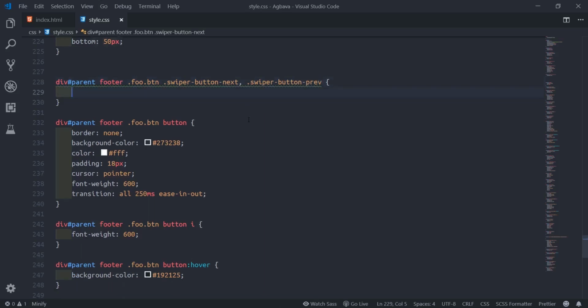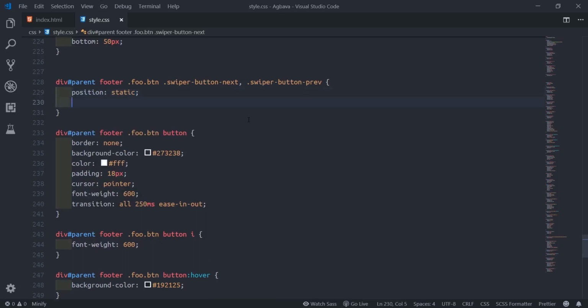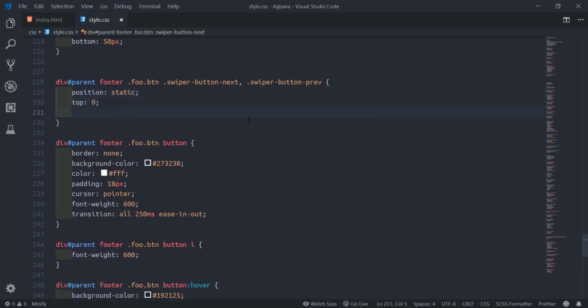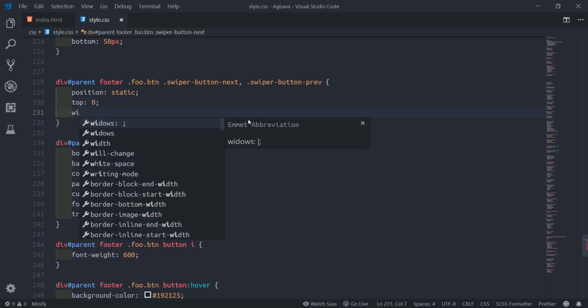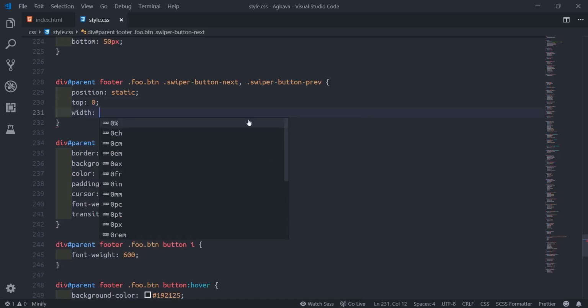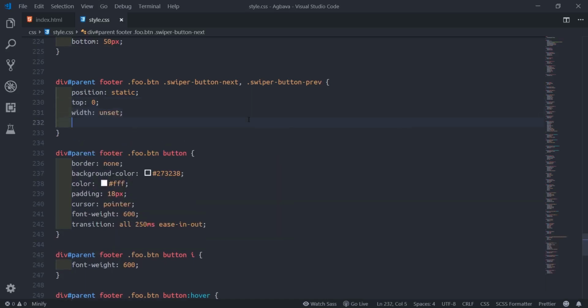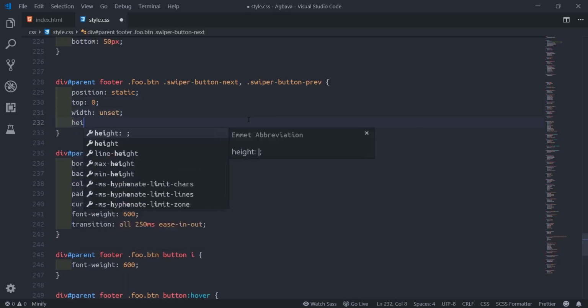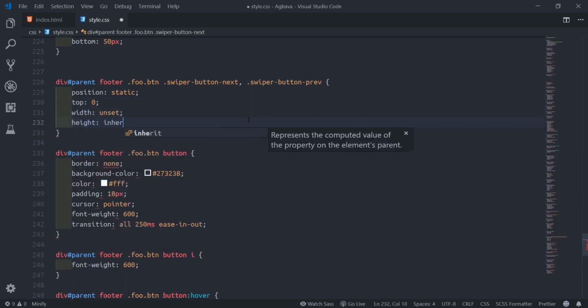Say position will be static. Then top 0. Width we're gonna set on set. Then height we'll make an inherit.